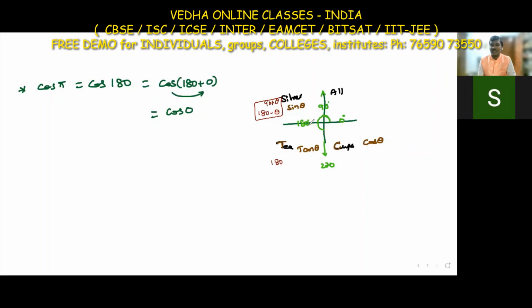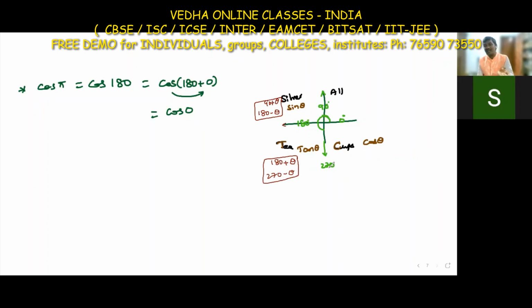Here this is the 180 degrees line. If the angle is more than 180, it enters this quadrant. In this quadrant, the angle is more than 180, like 190 degrees, 200, 210, 220, 230, 240, 250, 260, up to 270. So it is less than 270 and more than 180, and we get this quadrant.